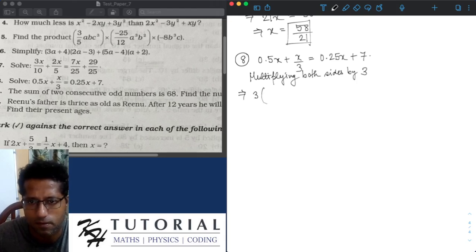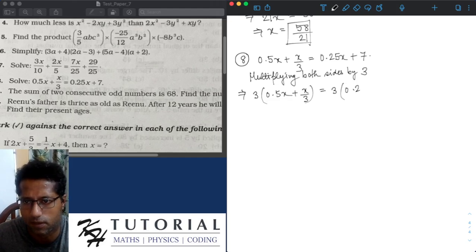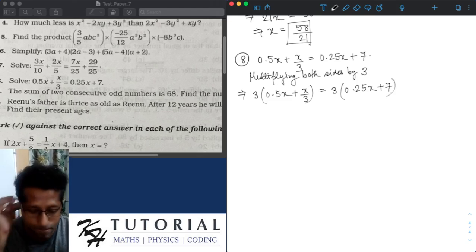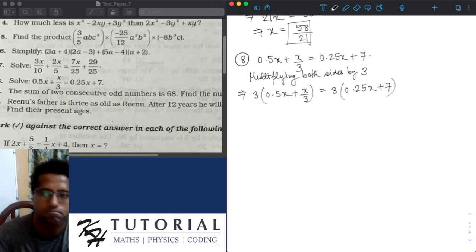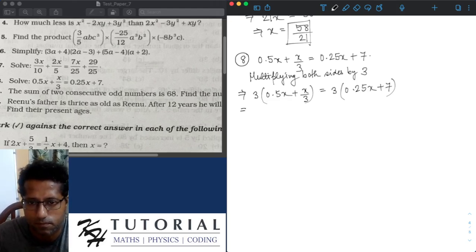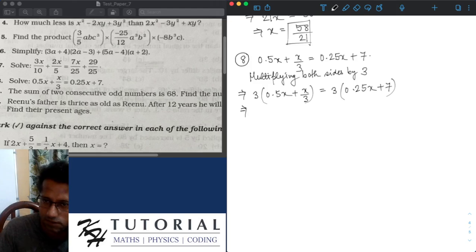We are multiplying both the LHS and the RHS with the non-zero number 3. So while solving a linear equation, we know there is a rule that we can multiply both the LHS and the RHS with a non-zero number, and that doesn't change the equality. Now if we do the product on both the LHS and RHS and open the brackets,